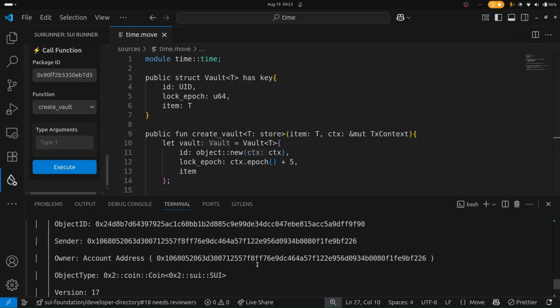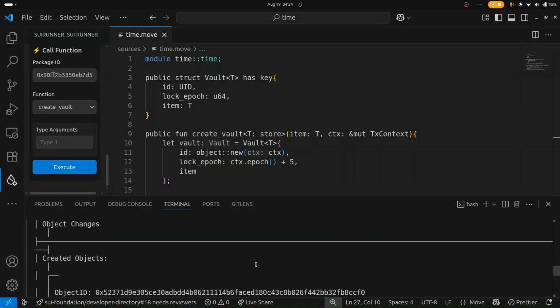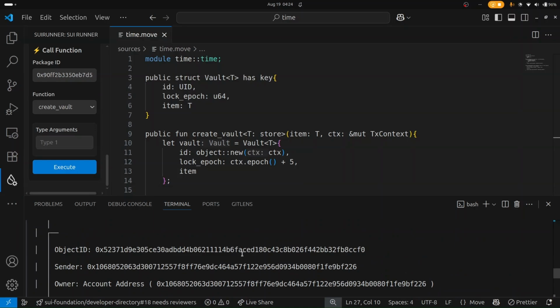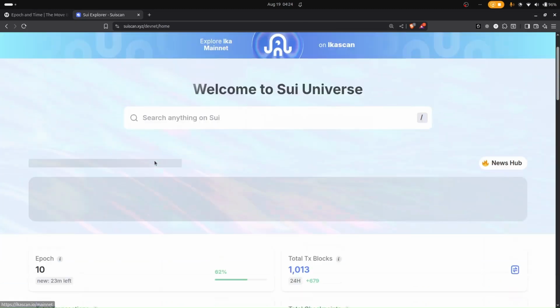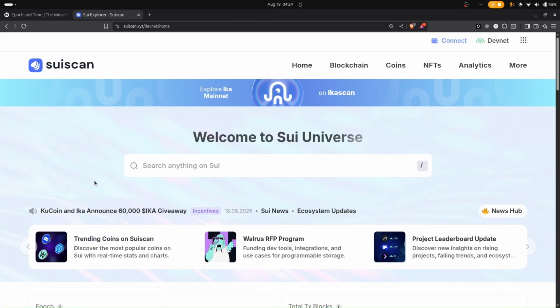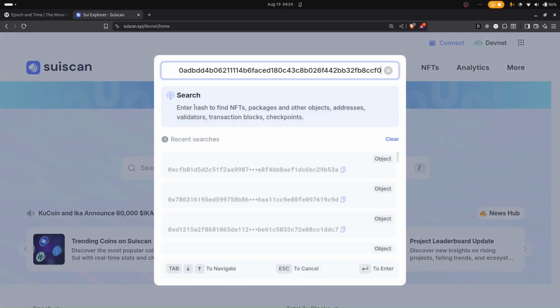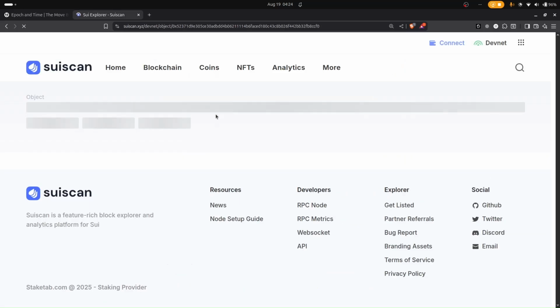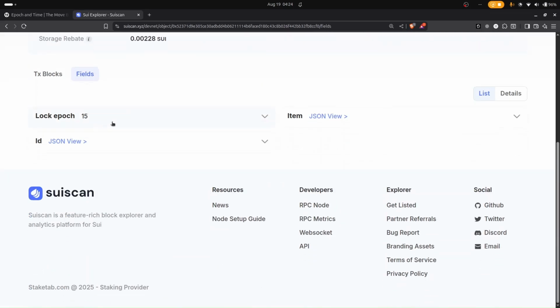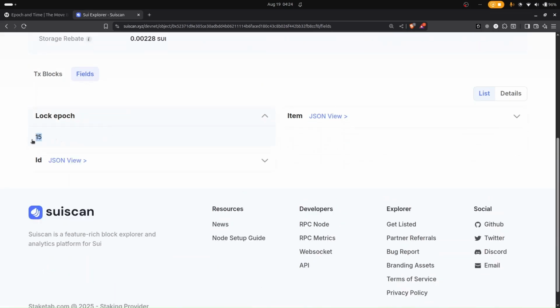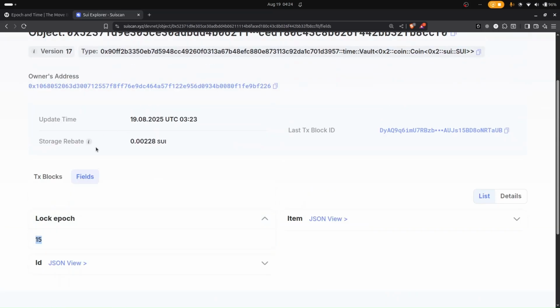If I come here to created objects and copy the object ID, come over here right now. Let's check our current epoch. You guys see our current epoch is epoch 10. So let me paste it here and see our next epoch. It should be epoch 15. Come over to fields here. Look at it now, 15. So it's locked until epoch 15, because I did current epoch plus 5. So epoch 15 is when we'll be able to unlock